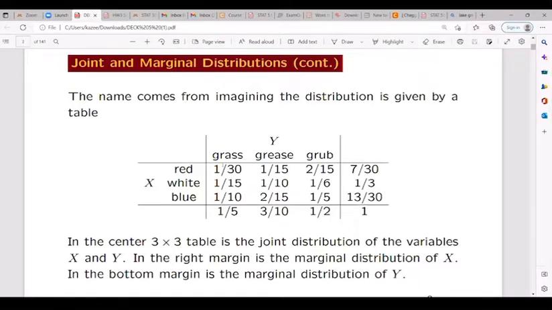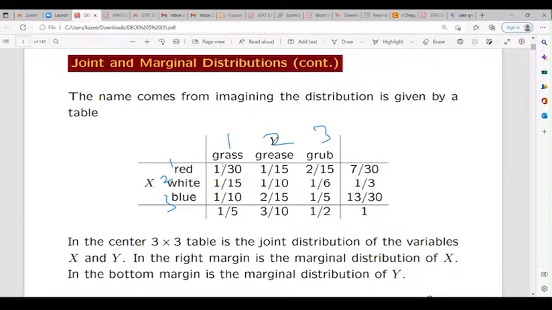I need you to also watch out for a question like this in the midterm, where you're given a cross tabulation table like this, and they want you to find the marginal distribution of X. If X is 1, 2, 3 and Y is 1, 2, 3, and I ask you for the marginal distribution where X equals 2,